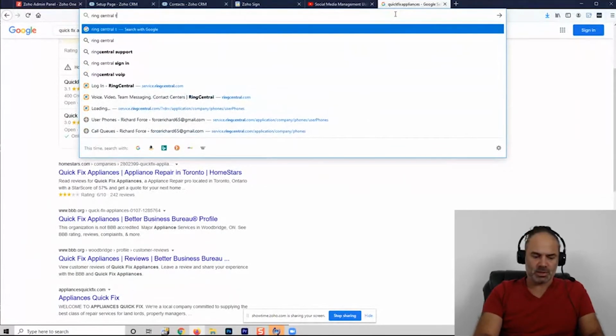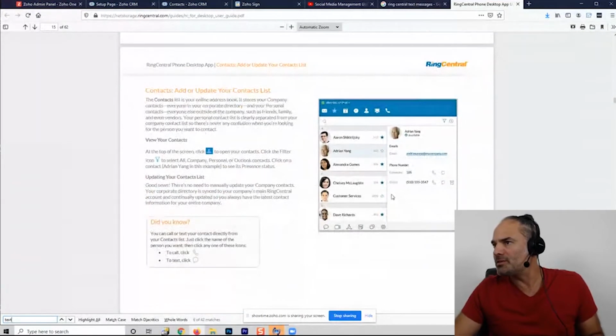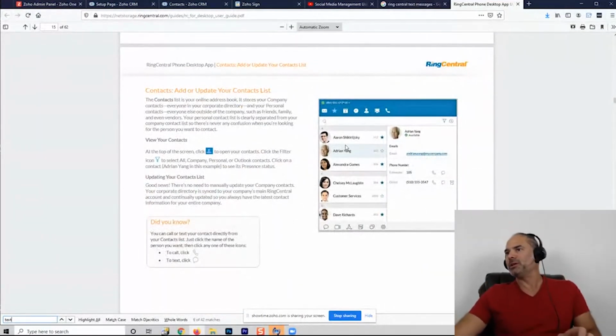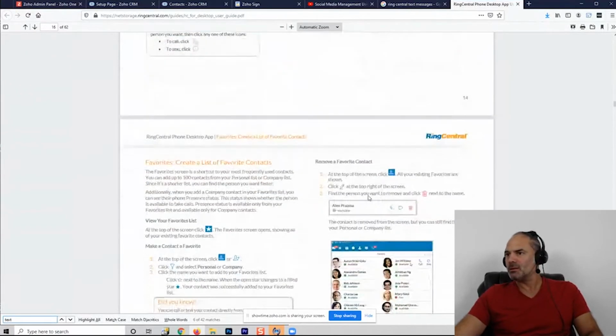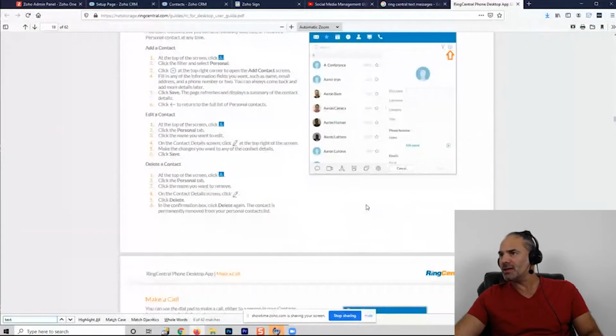Ring Central text messages. Yeah, so you click on the name of the person and then you see the messages on the right side. This is not a good example because this is not the messages, but on the right side you can see all the messages. I don't know if I can find something like that.